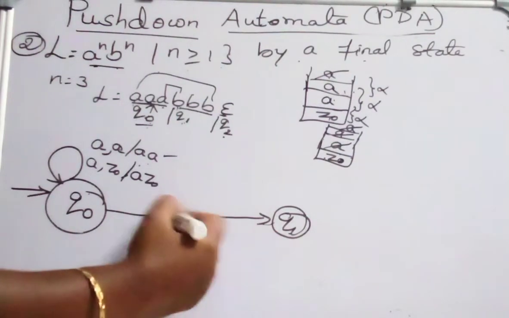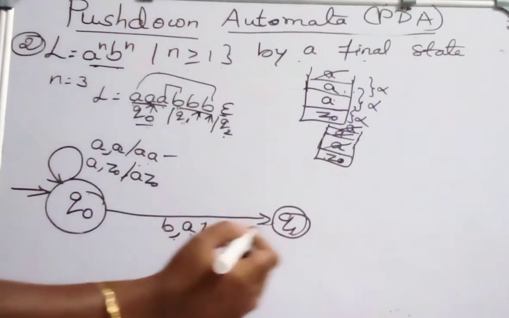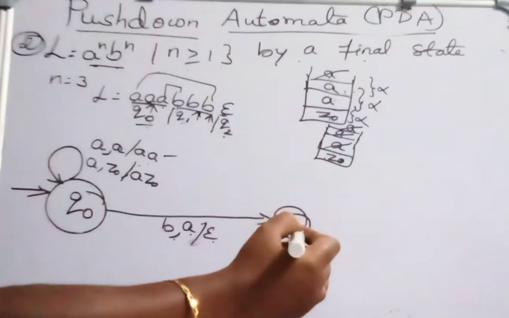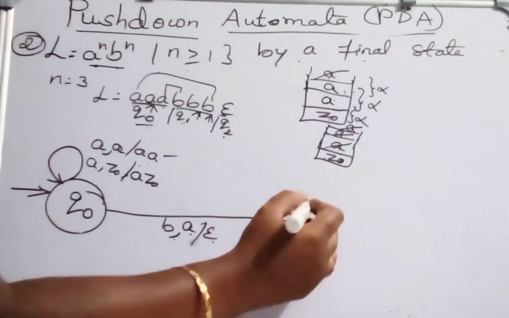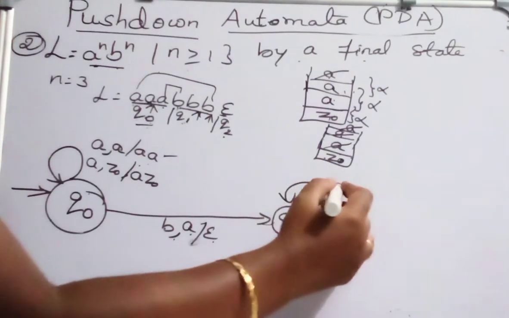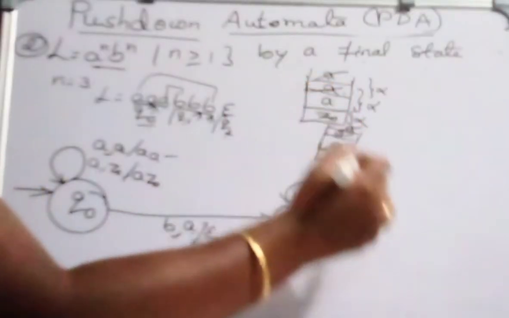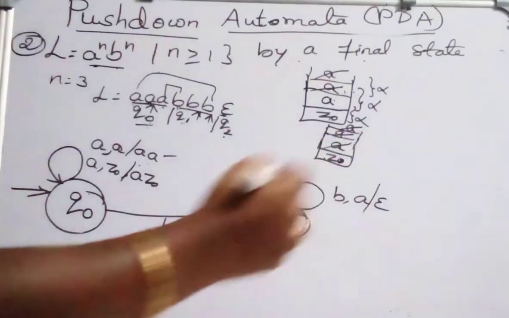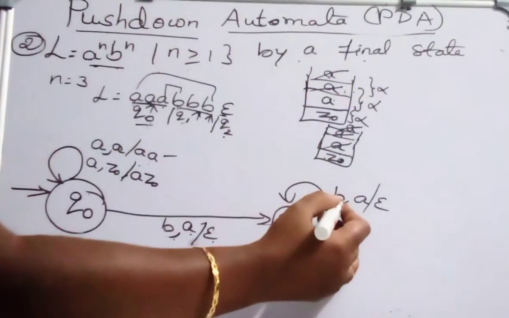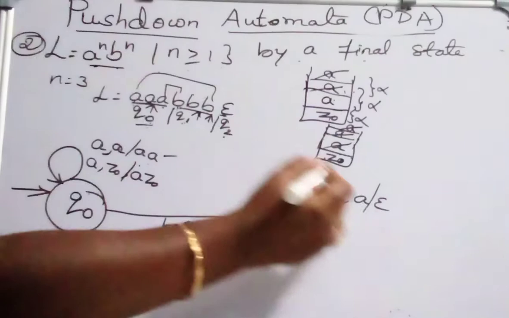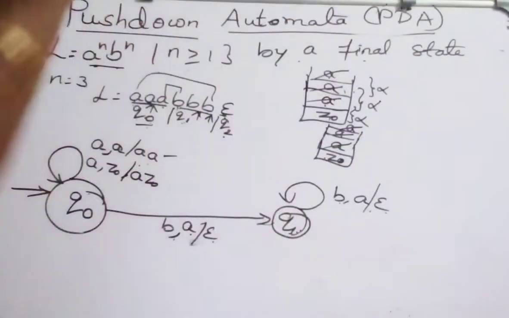Okay guys, this will repeat for all the B's. For the second B and the third B, it works the same way. And now it is in the state Q1. Once it reaches Q1, on reading B, when the top of the stack is A, what should it do? It should pop. So it stays in the state Q1. In Q1 this process continues. When the input to be scanned is B and the top of the stack is A, it deletes that element from the stack, epsilon.